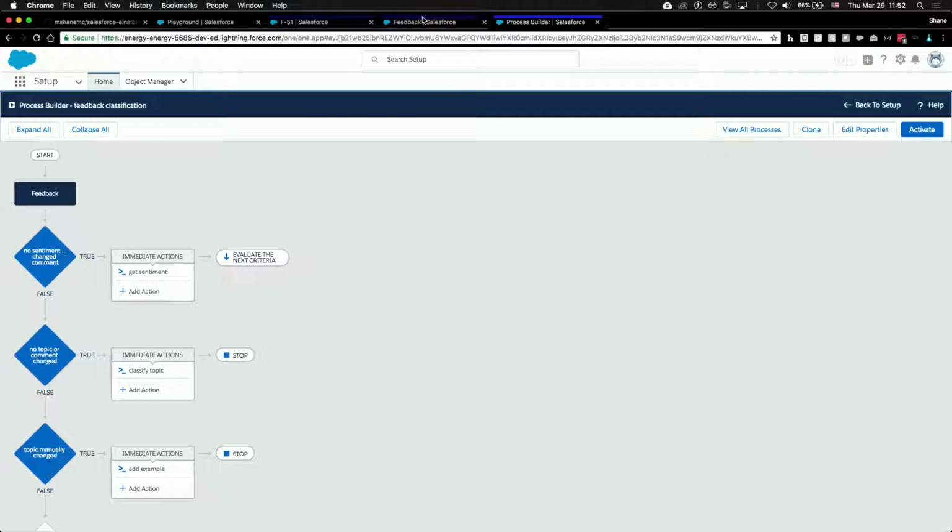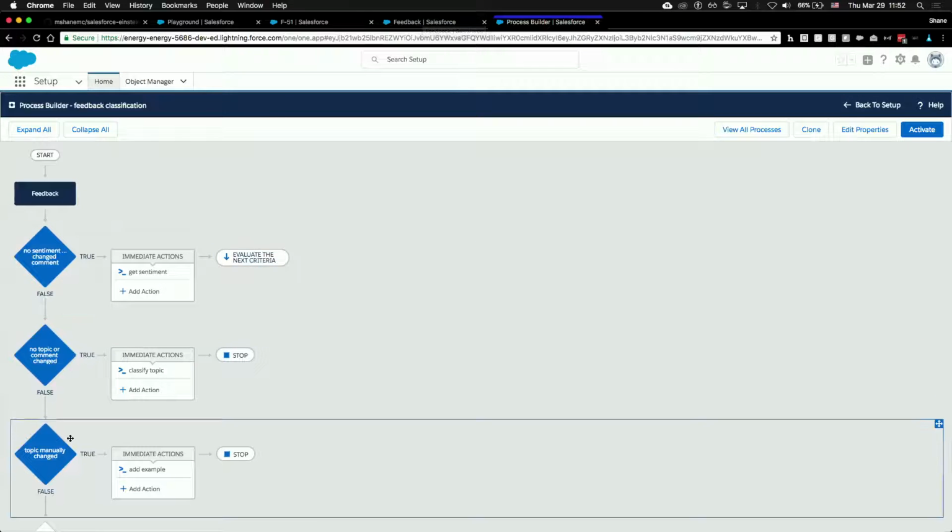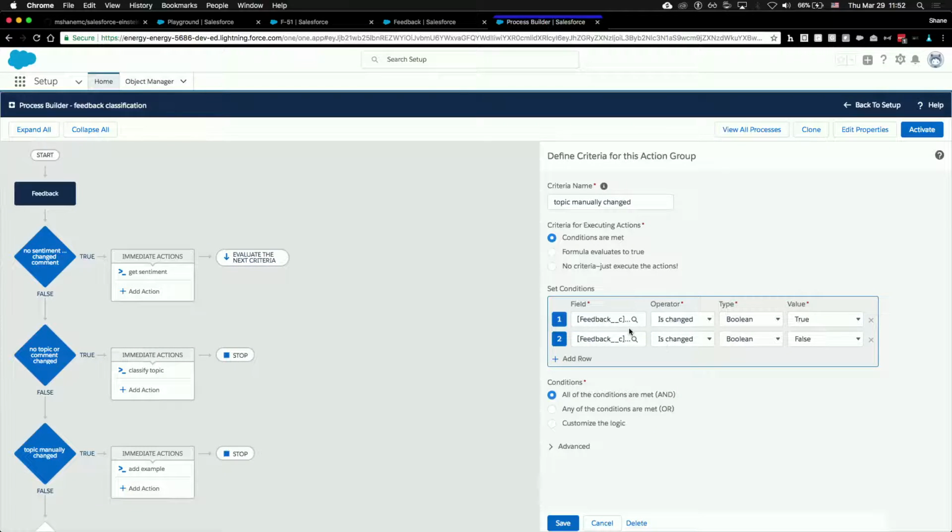And then the last thing that we were going to do with our model is this. And here the logic is and. This is the last one I made. So we want to have a situation where, let's say the model comes back and says, oh, this is related to your apps. And you read that and you're like, that's really not about the apps. That's about the product itself that the app is connected to. And a human has to go in and flip that pick list from apps to products. So what we want to do there is call one of the APIs that we have for adding new examples